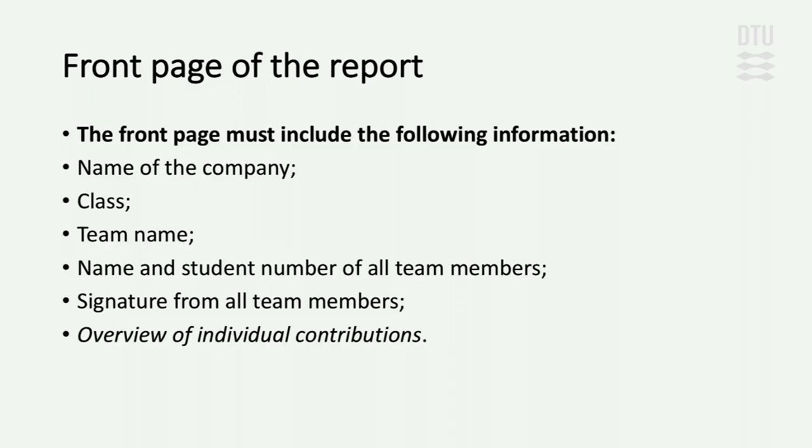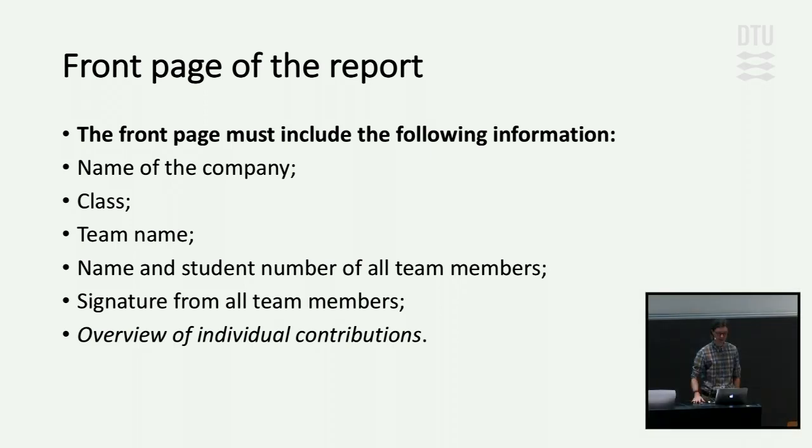On the front page of your project, you have to include the following information. At the beginning, you need to state the company you're conducting your challenge on and writing the project about. You have to state the class, so it's again the TIMO class. You will give a name to the team you're working in, so it also has to be stated as one part of the front page. Then the name of the student, student number, and the team members, of all team members. So we have to know who wrote the project, and finally the signature from all the members.